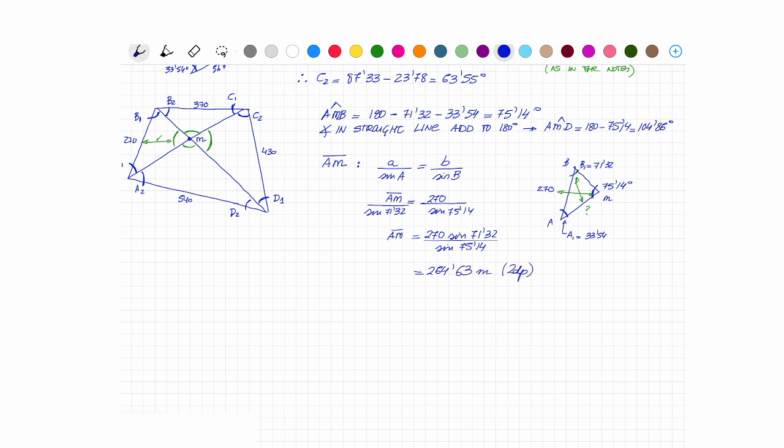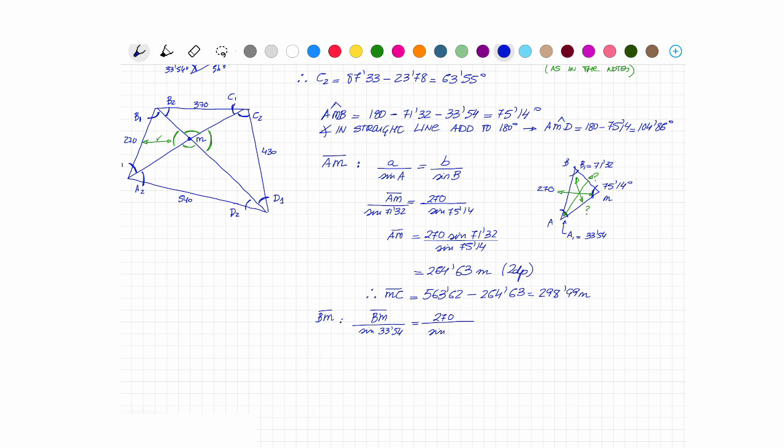With that length figured out, the other segment is 563.62 minus 262.63. That equals 298.99 meters. And in the same triangle, ABM, I know A1, so I can repeat the entire process and find